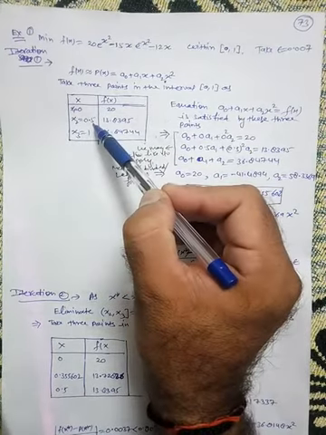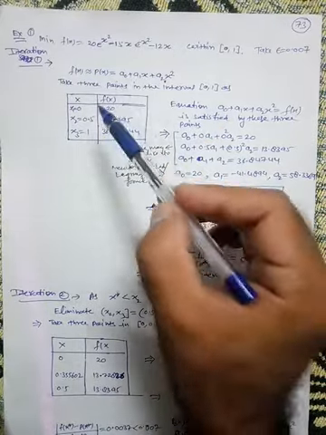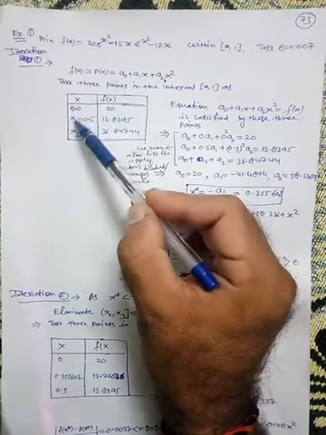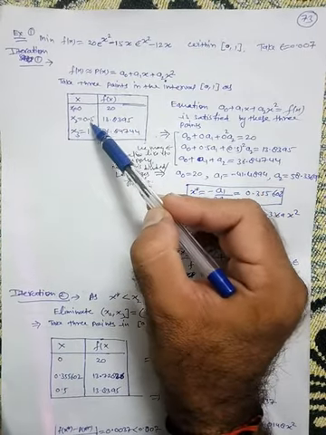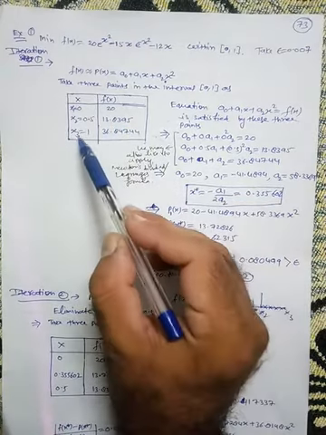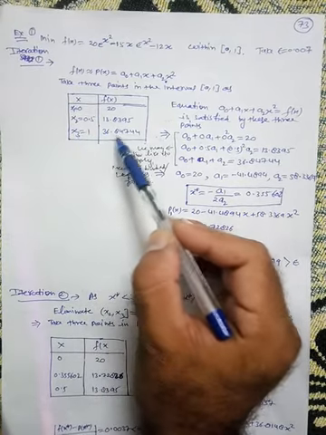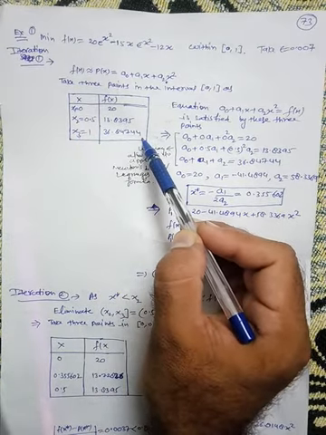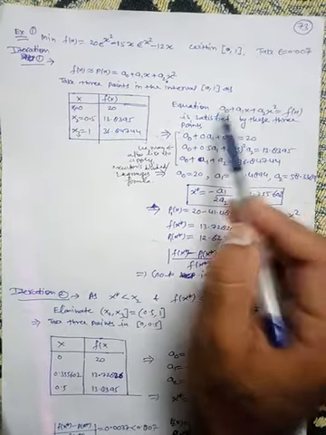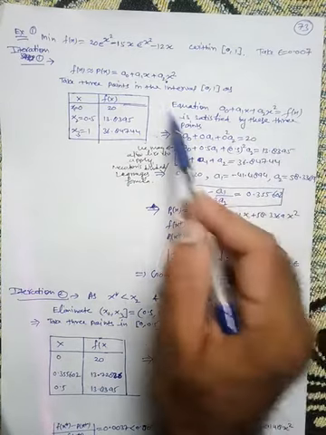Midpoint means 0.5. Okay, the function is already known to you, so just find the function value at these 3 points. f at x1 will be 20, f of x2, that means at 0.5, is 13.8395, and f at x3, that means f at 1, is 36.84744. So now substitute these values in this equation, which is a naught plus a1x plus a2x square is equal to f of x.